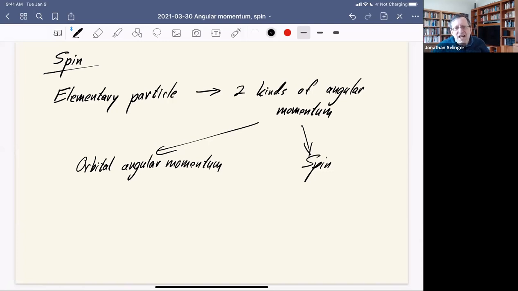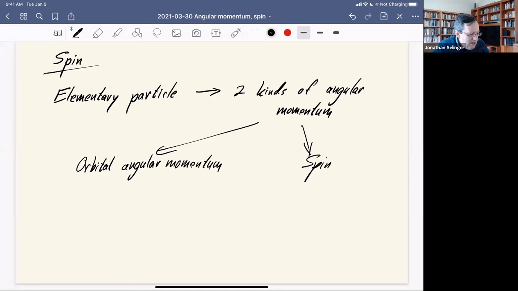If we say that an electron is spinning, it's not clear that the electron has pieces that are moving. I don't think there's any theory in particle physics where the electron has pieces that are moving. But even without having any pieces, it turns out it's still a part of the quantum mechanical description of nature to say that